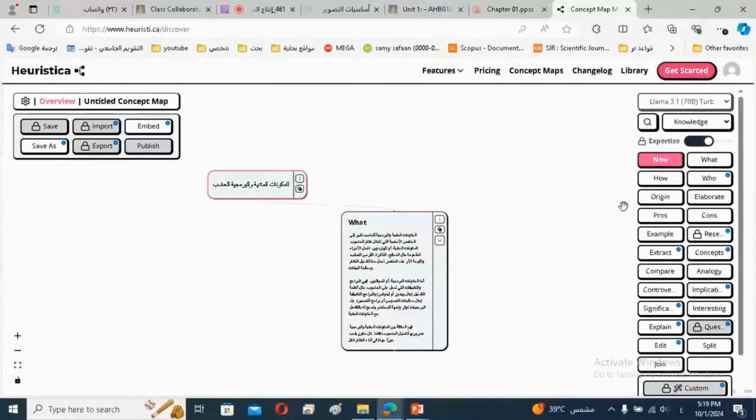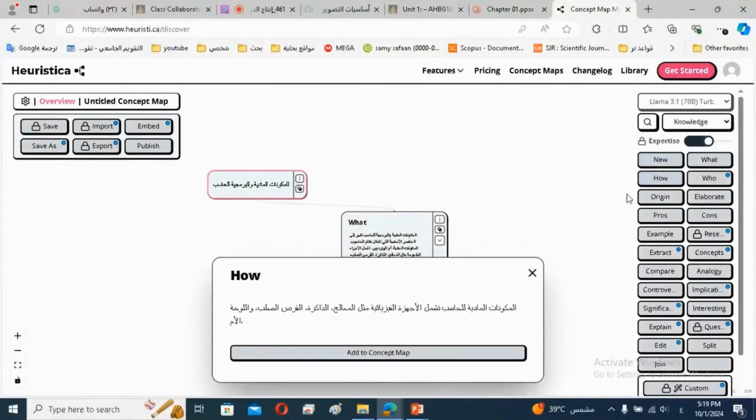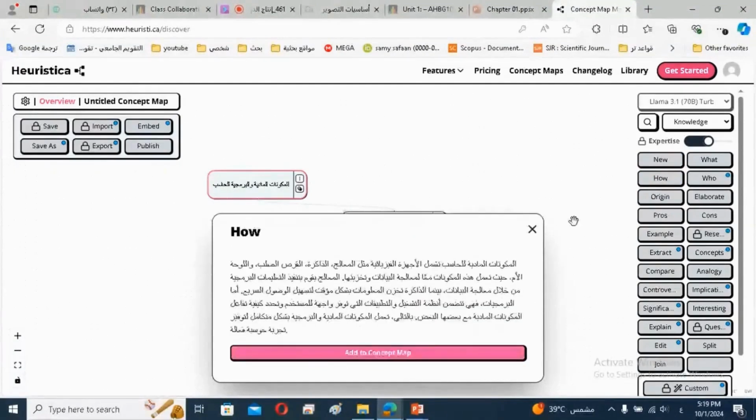How does it tell you to get information? How do the hardware and software components work? It means it introduces you to how they operate. How do the hardware components work, like the processor and memory? How do they work together? These components work together to process data and store it. This is how they operate. God is great. This is possible.